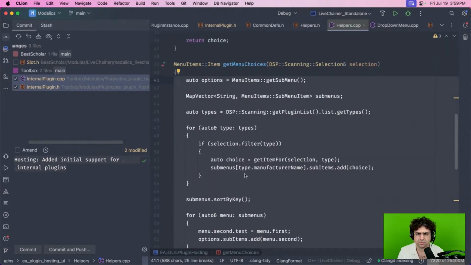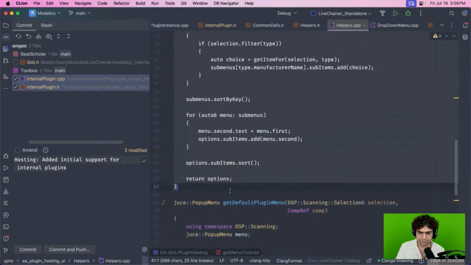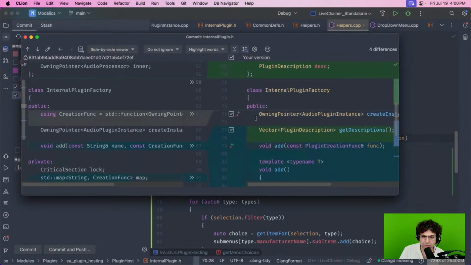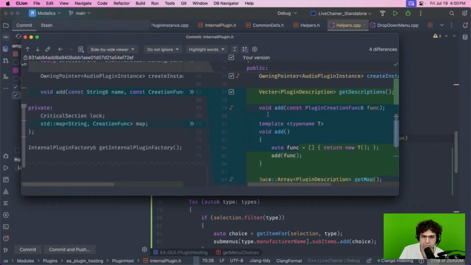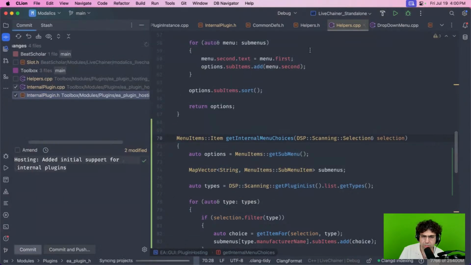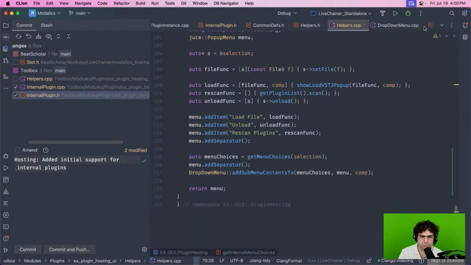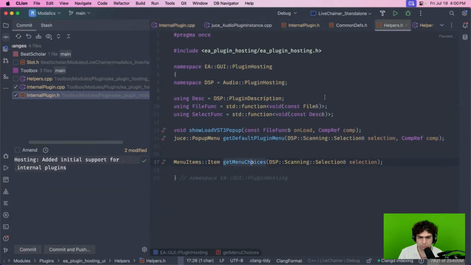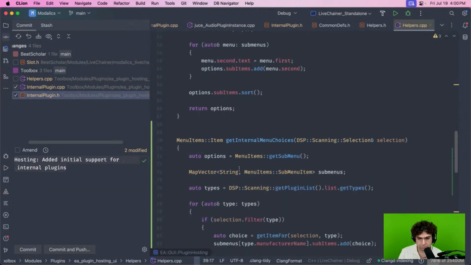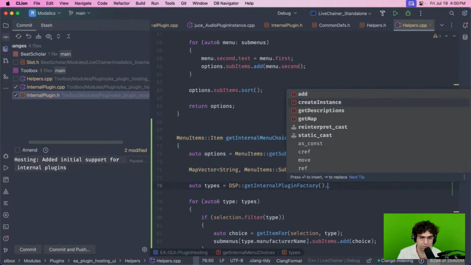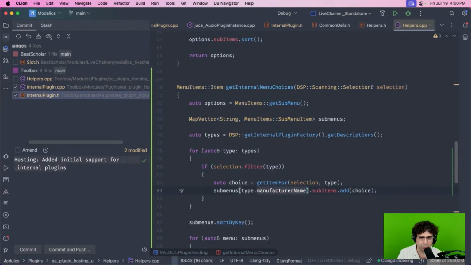Yeah, so the internal ones, so you get internal, then I can probably be, but here I just need one submenu basically, so I just need